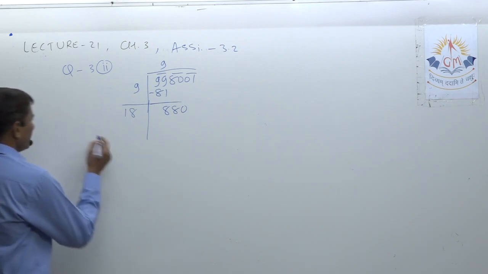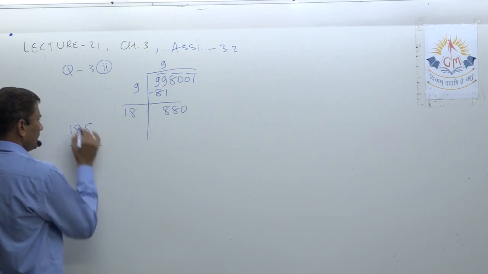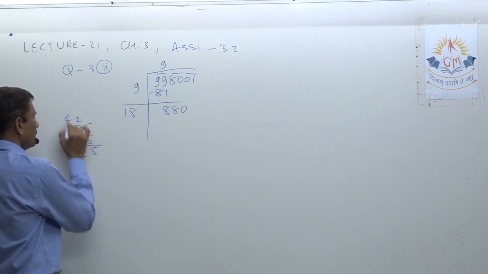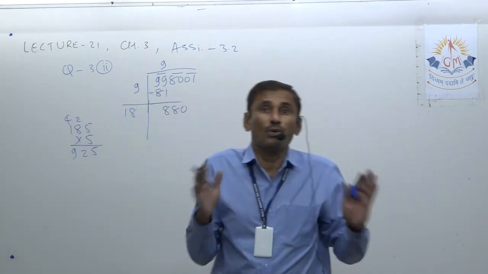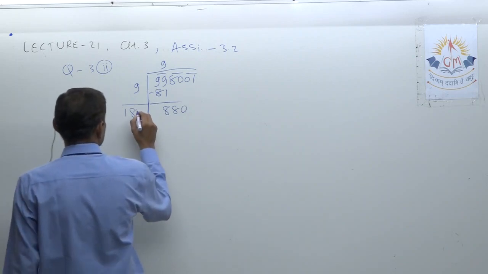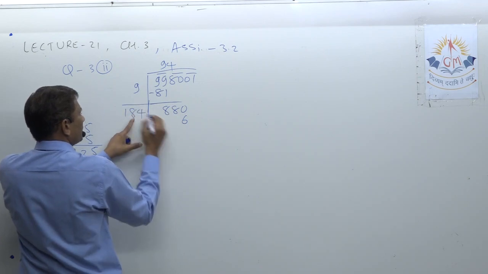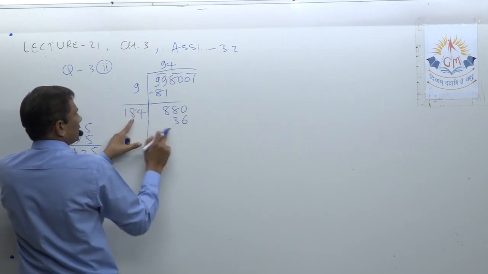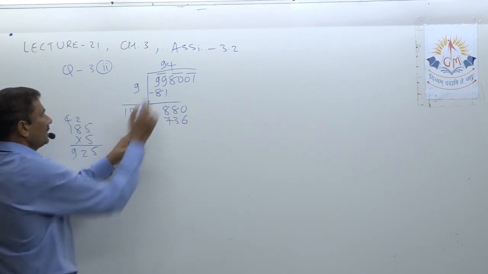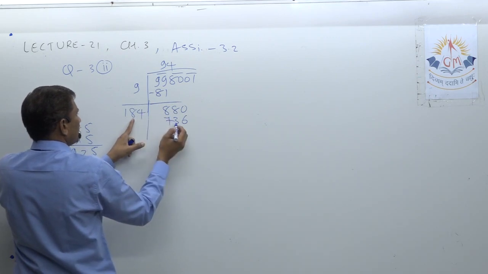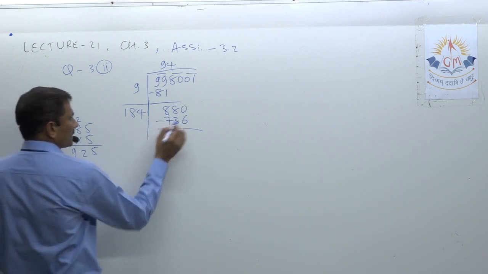I don't know where to stop, but I just go up to 5. So 185 5s: 5 5s are 25, 2 8 5s are 40, 42 4. It is quite more than that. So obviously we have to stop at 4 only. So 184 4s. Okay, let's see how much it is. 4 4s are 16, 1, 8 4s are 32 plus 1, 33, 3, 4 1s are 4 plus 3, 7. Again 4 4s are 16, 8 4s are 32, 33, 3, 4 1s are 4 plus 3, 7. Subtract.